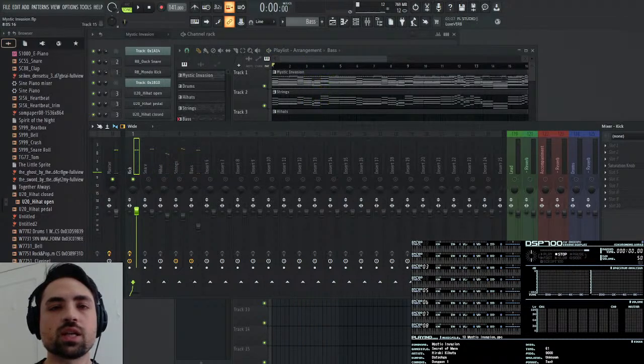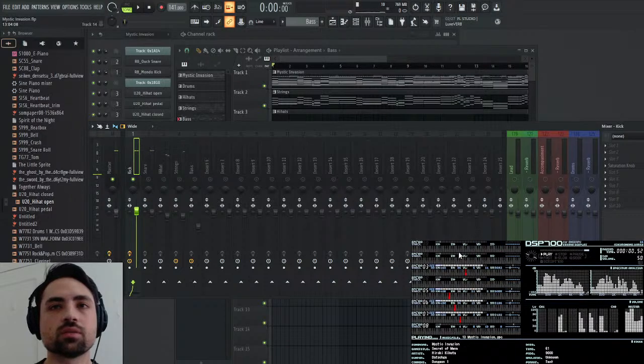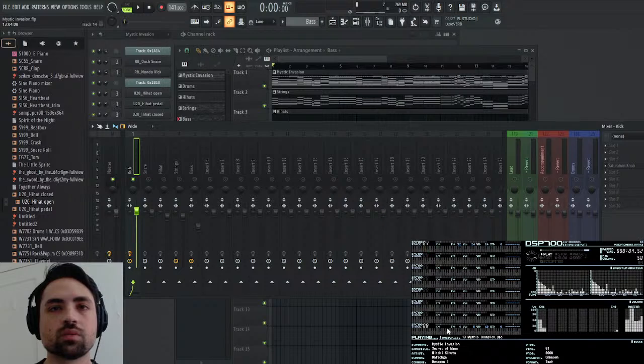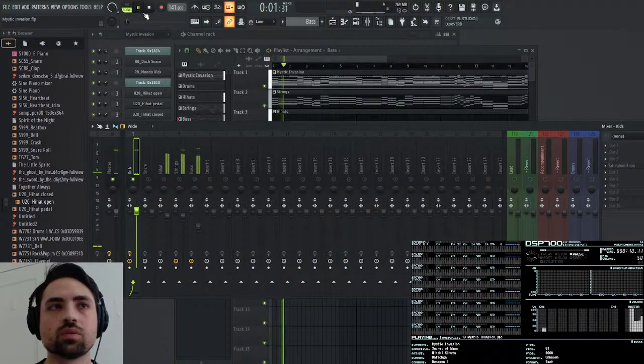I think there was like some reverb on that. Nah. No, but I do want to boost the bass a little bit.